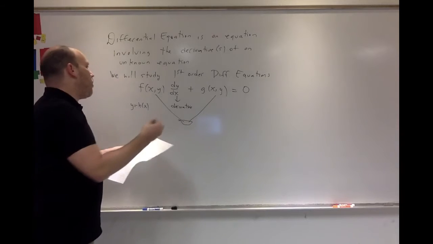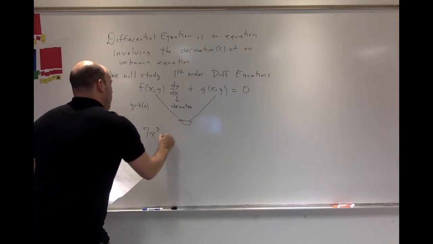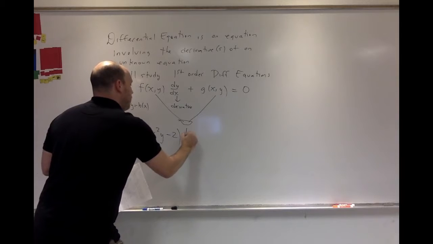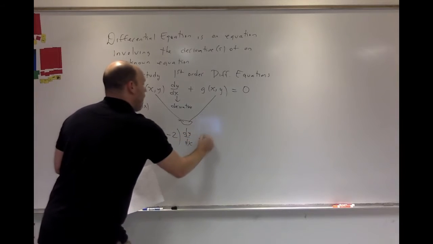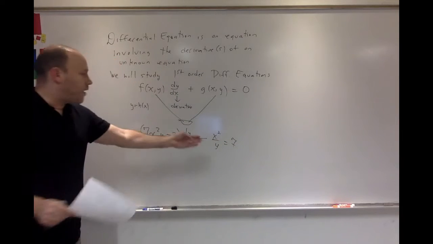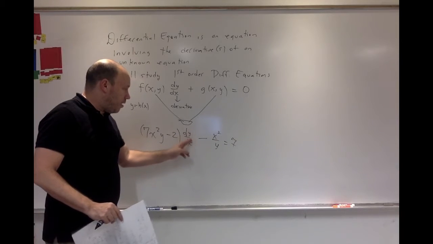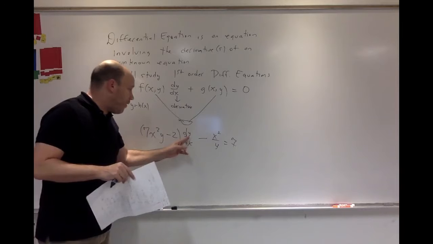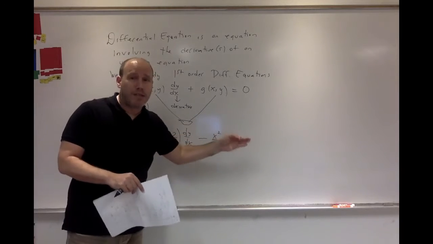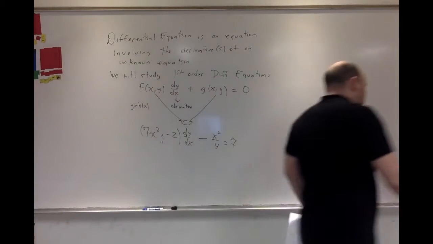So an example might be 7x squared y minus 2 dy dx minus x squared over y equals 7. This is a differential equation. There's a function. Its derivative times some combination of x and y, minus some combination of x and y, is equal to 7. Now, we're not going to study something as difficult as this. But if you think about it,